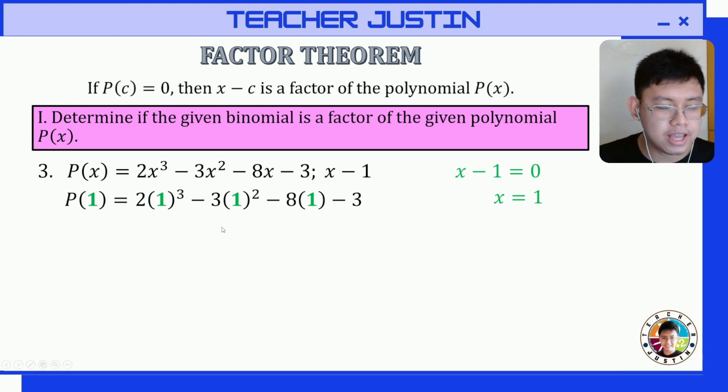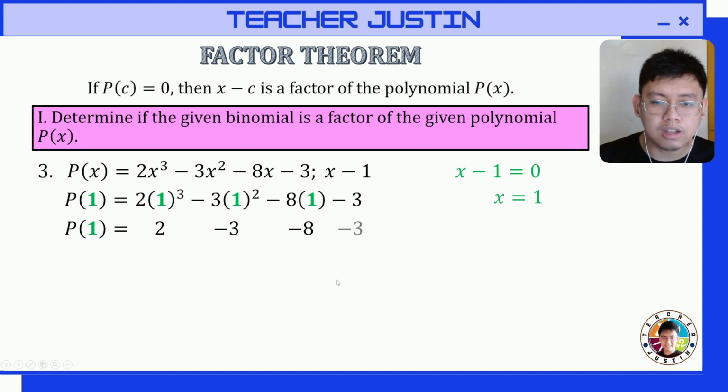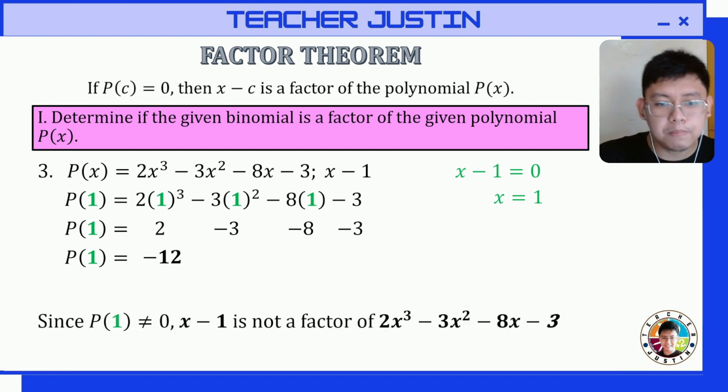Now, let's simplify each term. So, we will have 2 times 1 cubed, that will be 2. Negative 3 times 1 squared, that will be negative 3. Negative 8 times 1 will be negative 8. Then, bring down lang natin si negative 3. Now, let's combine them. 2 minus 3 minus 8 minus 3. That will give us negative 12. So, since p of 1 is not equal to 0,